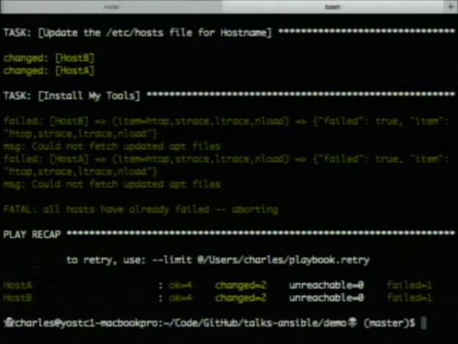And at the bottom, it gives us a list of the hosts, whether they had any okay items. Yes, we did. Some changed items. Or maybe some of the hosts were unreachable. That's there too. Lastly, that you can't tell at the far right, that text is in red on this screen. It says failed, and you'll notice we did have a task that failed on both of the machines, and it dutifully reported it to us.